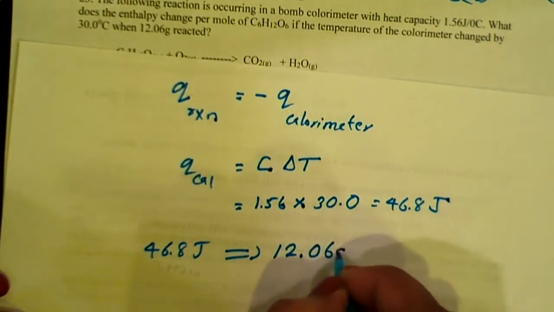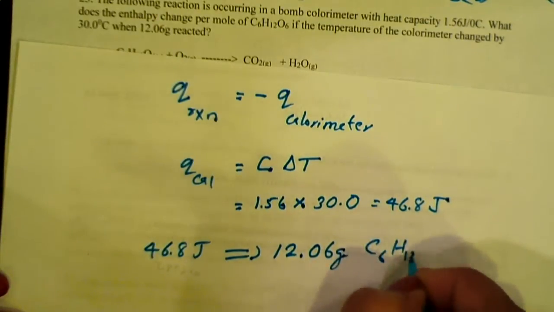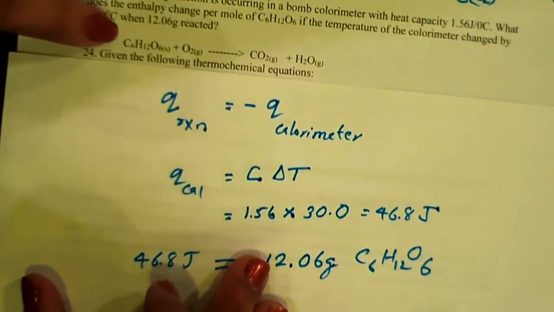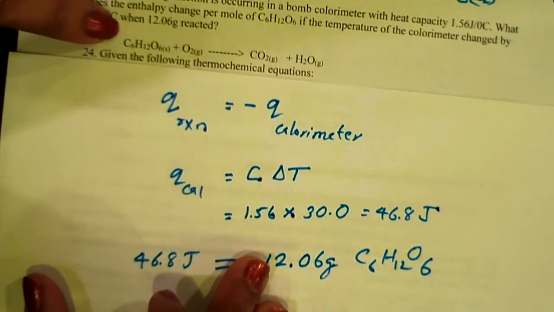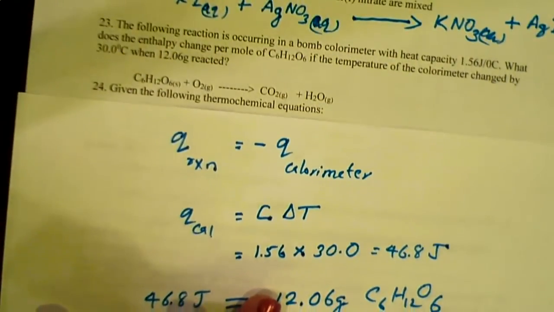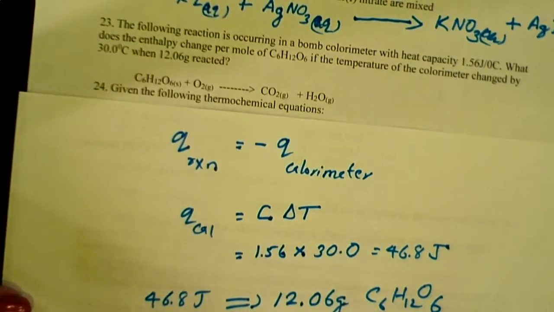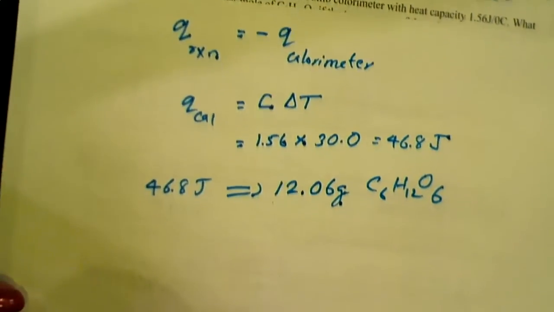Heat capacity is given, which is 1.56, times the change in temperature, which is 30.0. So you will end up with 46.8 joules, and this 46.8 joules is given by this